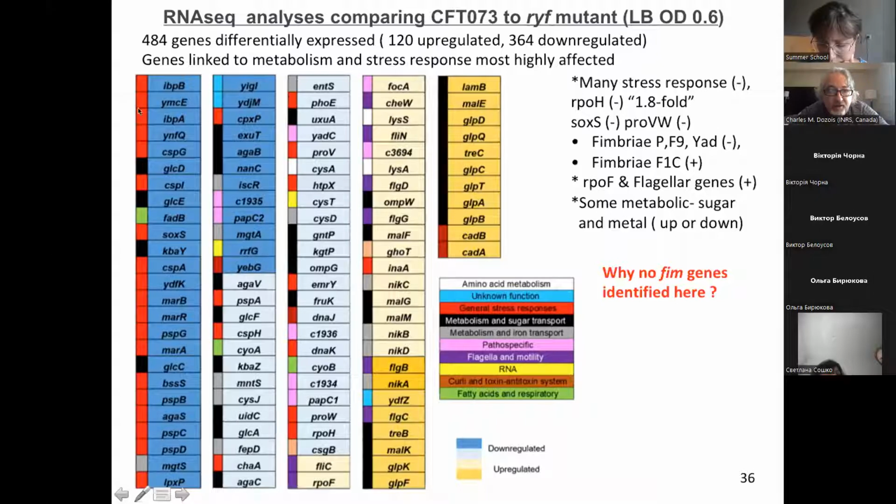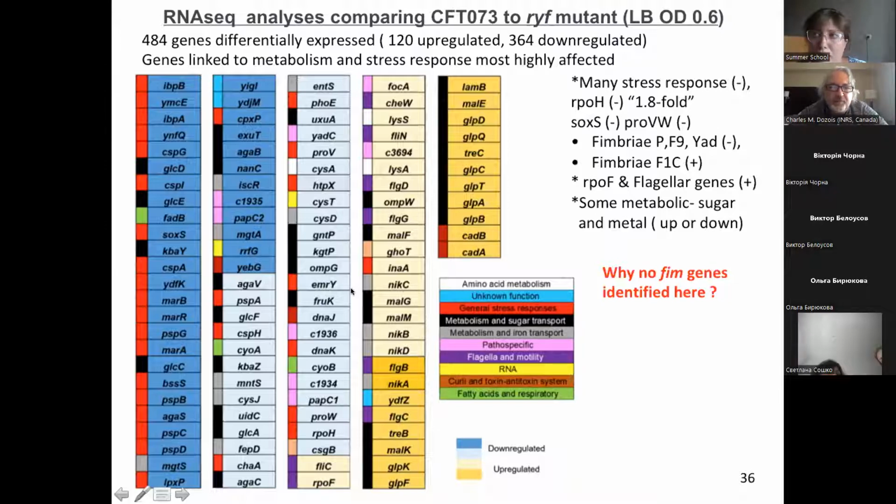Everything in red that you see on the far left are associated with the general stress response. So these can be phage shock genes, cold shock genes, heat shock genes. A lot of those were showing a considerable downregulation. In upregulation, there were only a few factors that were clearly identified, and some of them were more linked to metabolism of sugar, for instance. And so we still have quite a bit of work to figure out exactly how or why losing this small RNA has this kind of effect on the general or universal stress response, and also in some cases affects certain kinds of metabolic